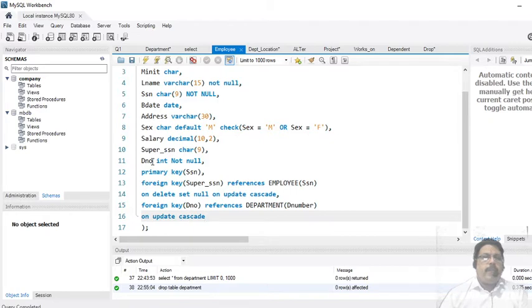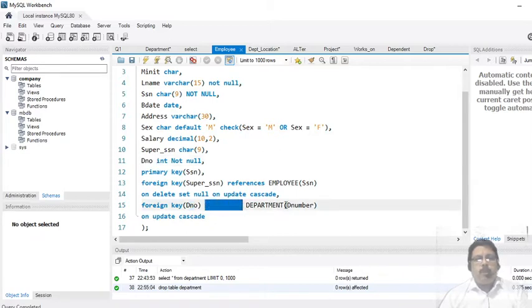Foreign key for DNO means this field will take a foreign key and this is referenced to D number of department. I repeat again, the foreign key field will be set in this particular table. D number is taken as a foreign key of the employee table and that references the department number, D number of department.